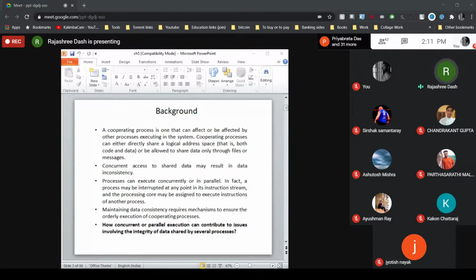So to maintain consistency among the data, there should be some mechanism available. What is the objective of that mechanism?